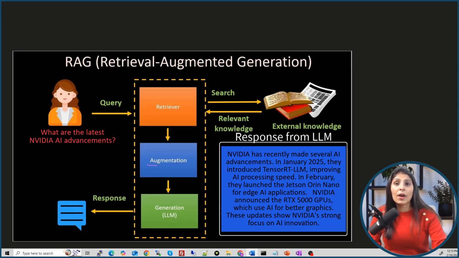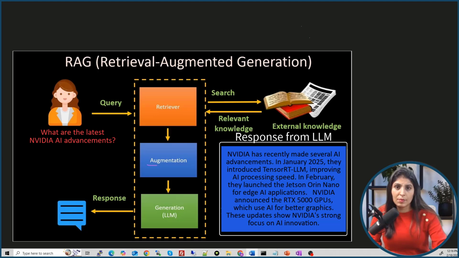So this is why RAG is powerful, because it keeps your model updated with the latest knowledge. It also reduces the problem of hallucination, and this also saves time and cost because we are not retraining our model. And then in conclusion, we can say that RAG transforms our LLM model from a static model into a dynamic real-time information assistant. So this is what RAG is.